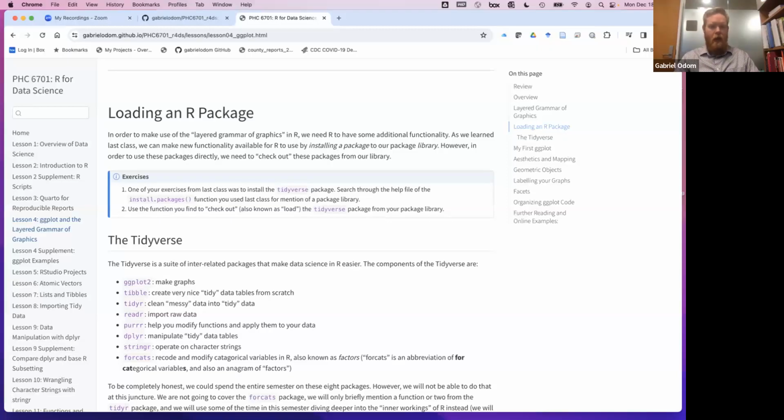All right, welcome back. So last time we covered sort of the philosophy and the theoretical aspects of this layered grammar of graphics. So ggplot, which is the package right here to make graphs, the G and G stand for a grammar of graphics. And the grammar being a set of rules for us to display information in an organized way. And the reason why the word layered comes in is because we want to think about the idea that